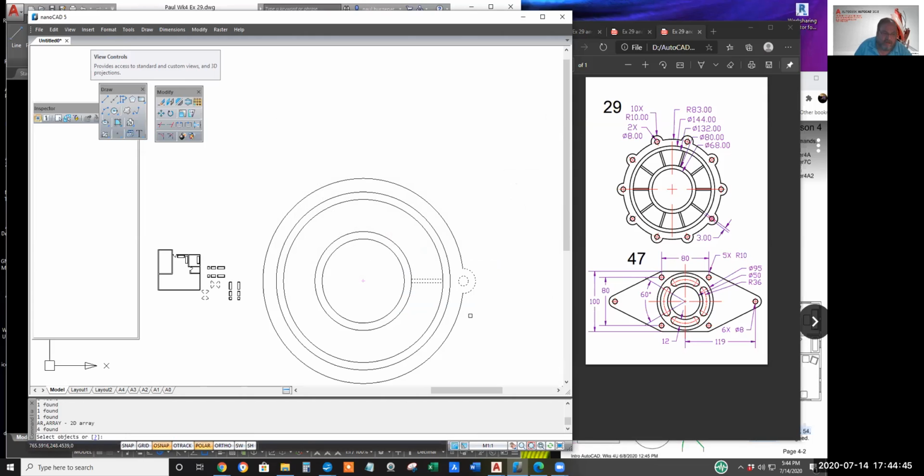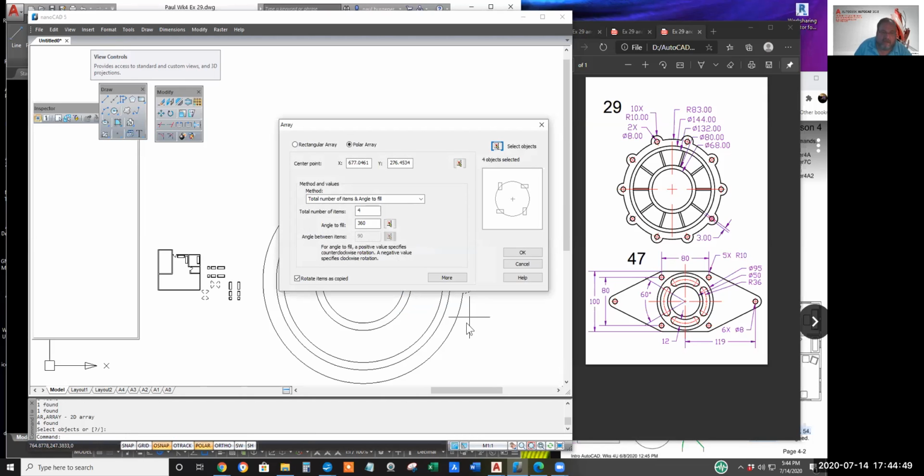Hit enter to tell AutoCAD I want nothing more, nothing less. It's already set to 360 degrees. Let's change the number of items to be equally placed around the 360 degrees. Change that to 10 and hit enter.